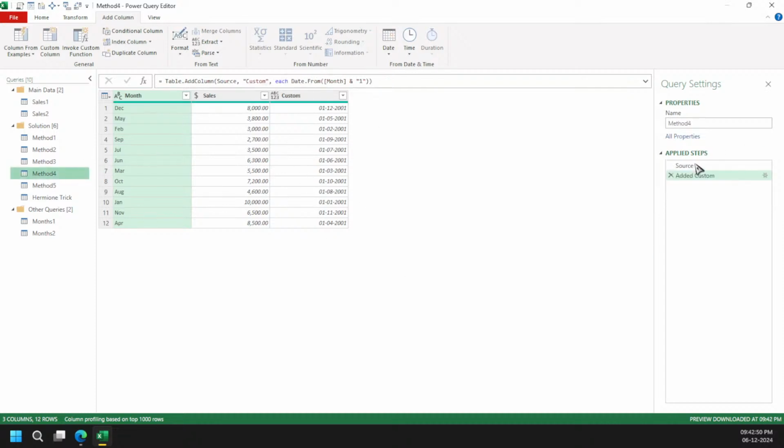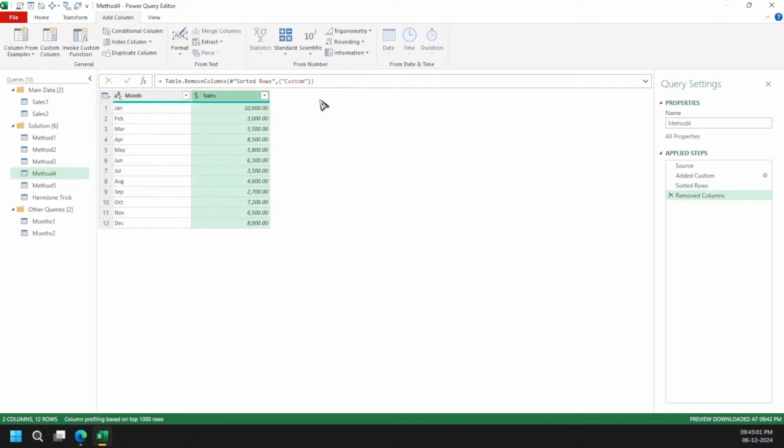And now we have got everything into one step. All we need to do is simply sort the data and that's it. Our work is done, right? Now everything is simplified. Still, the only thing you can say is we have still consumed like two to three steps. So could we have done better with that?